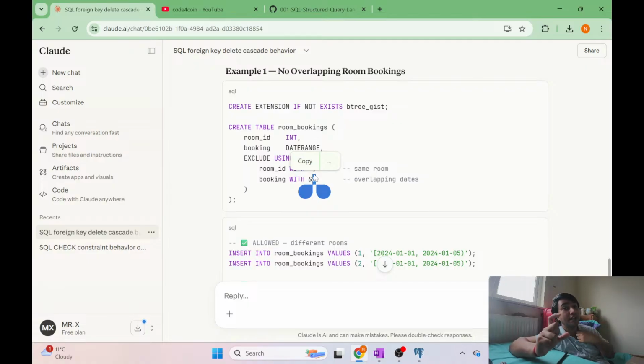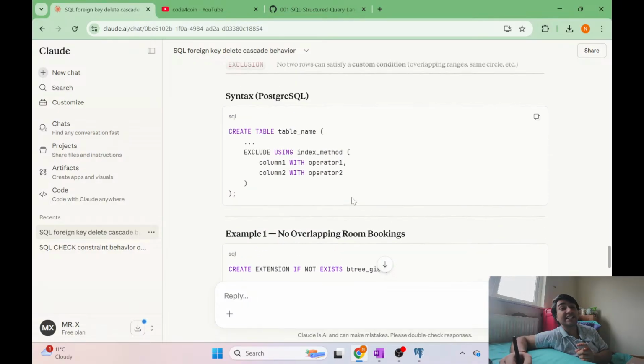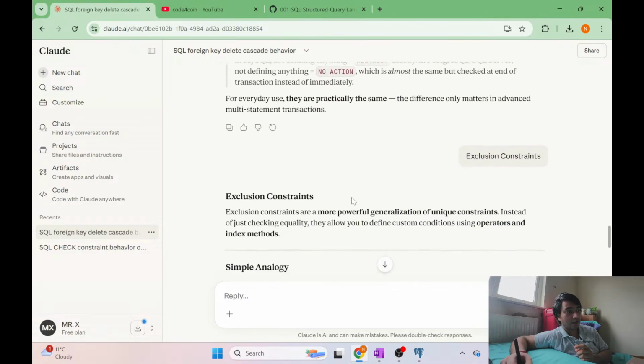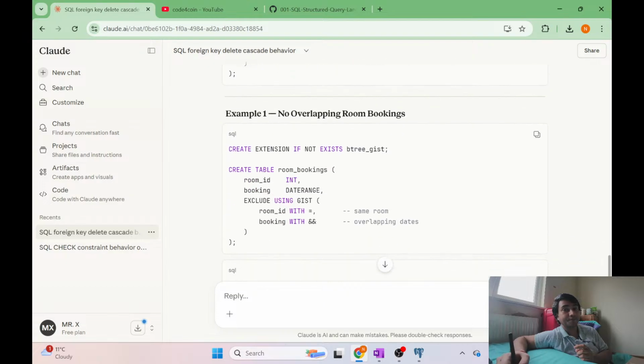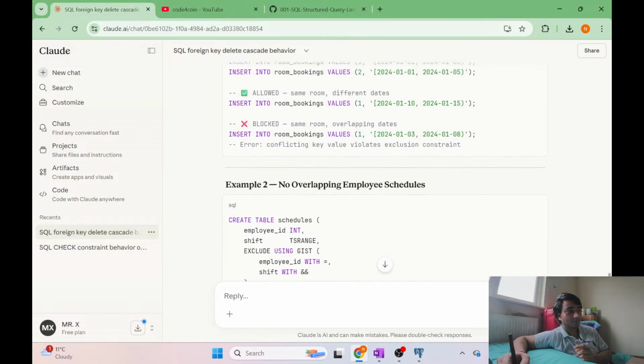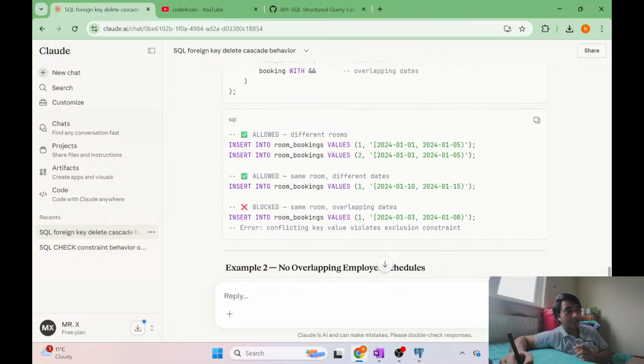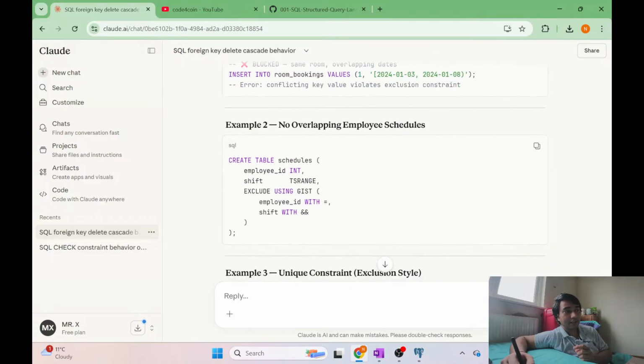Overlapping should not be happening for the same room, and that's what we do using the custom unique constraint here. Okay, now if we take another example, it created a schedules table where employee ID, shift and shift is timestamp range,